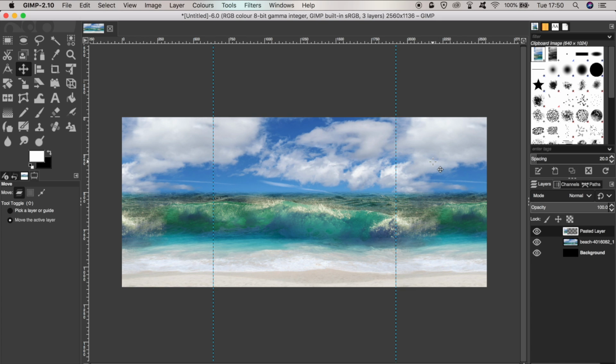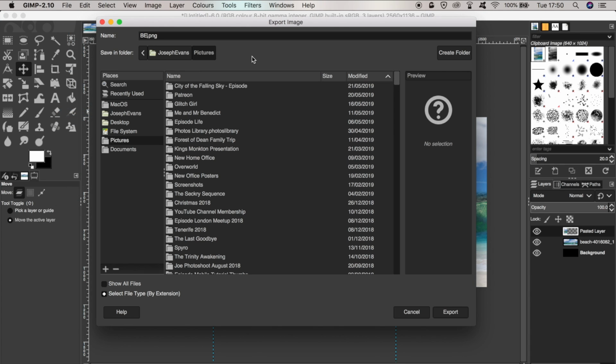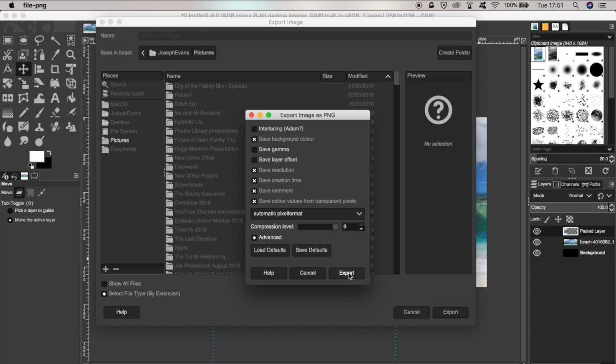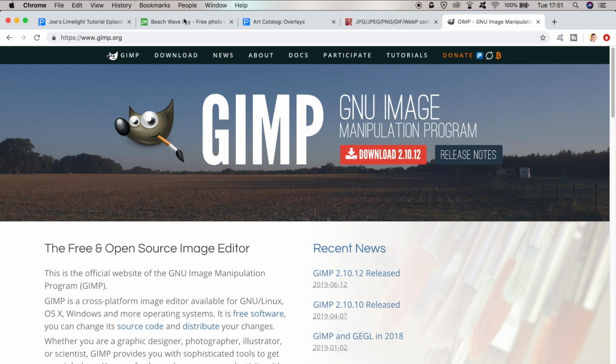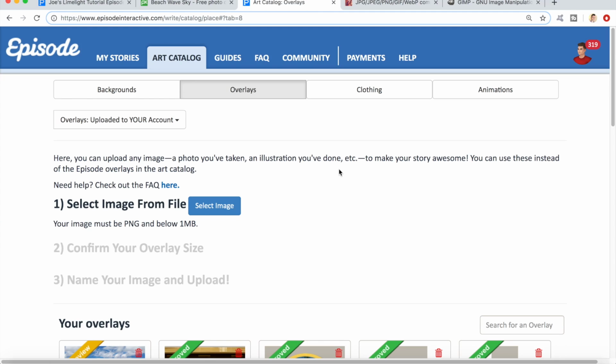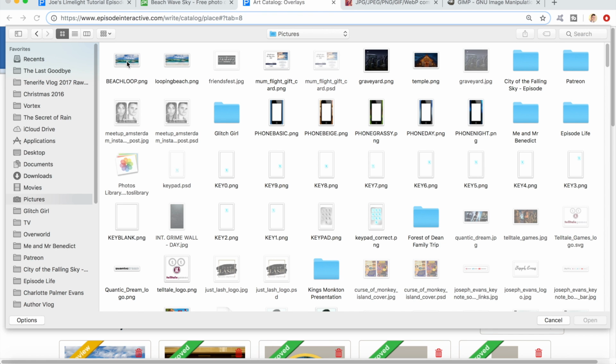Now we just export this as a PNG by going to File, Export, and I'll call this Beach Loop. Click on Export again, and just ignore all these settings, just click on Export once again. Then we're going to go over to the Art Catalog. Make sure you're in the Overlays section, and we're going to run into a problem here, but I will show you how we get around it. If I select Image and then choose the Beach Loop overlay that we just made,